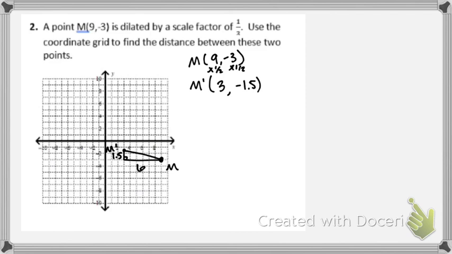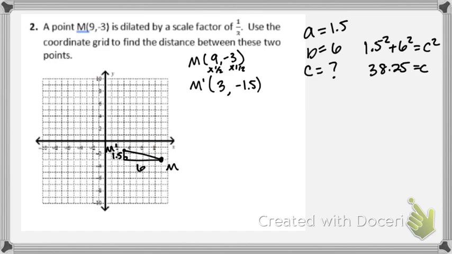So A, B, and C, we got 1.5 and 6 as A and B. And then C, we don't know what that is. So let's do 1.5 squared plus 6 squared is equal to C squared. Put 1.5 squared plus 6 squared in the calculator, and we get